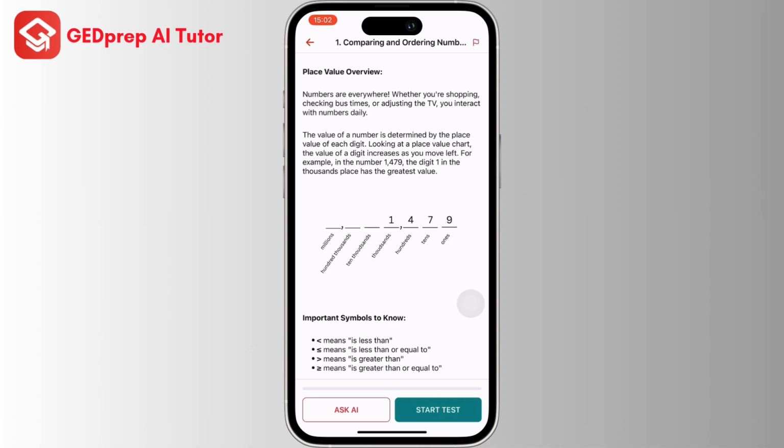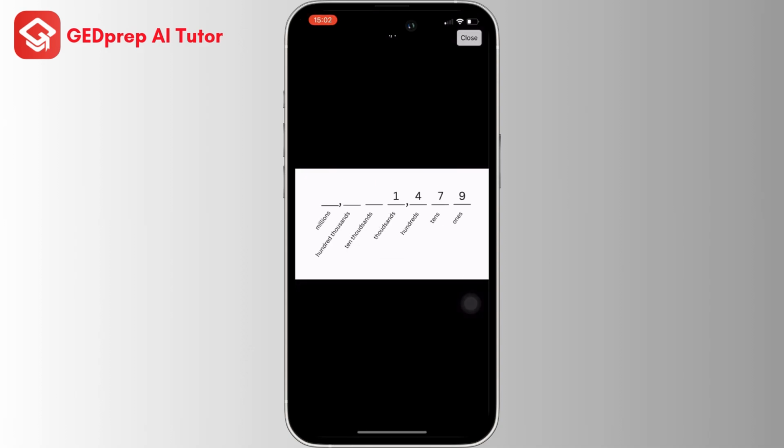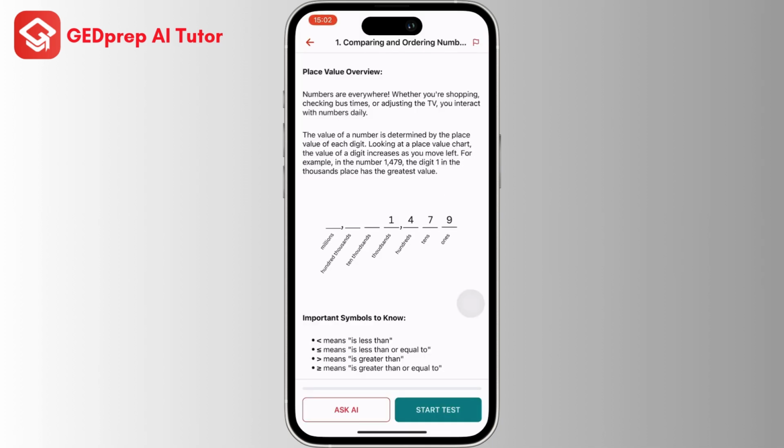For example, break down the number 1,479 by place value so you can picture it clearly. Let's look at each digit from left to right and say what place it holds. The first digit is 1, and it's in the thousands place. That means its value is 1,000. Next is the 4, which is in the hundreds place. Its value is 400. Then comes 7, in the tens place. That gives us 70. And finally, the 9 is in the ones place. That's just 9. So when we add up all those values, 1,000, 400, 70, and 9, we get the full number,